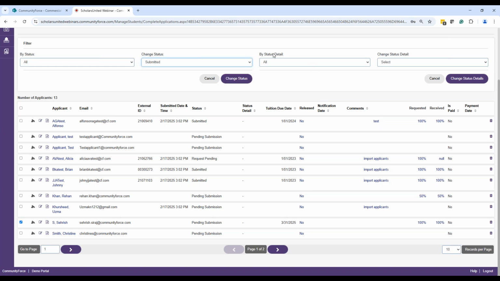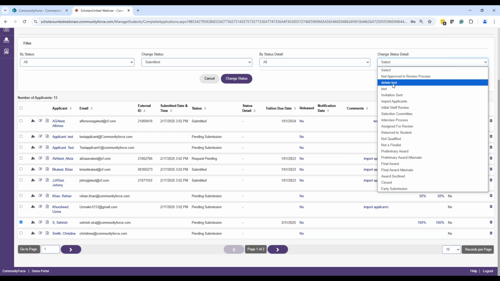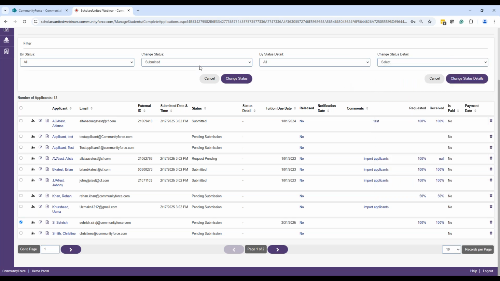And just so you know, it's the same process for status details. You just change it to the status detail, maybe submitted. Maybe I want to put her in a status as soon as I submit her. I can do that. I can do both of them. But right now I'm just going to do the change status. I'm going to put her to submitted. So as soon as I hit this button, what's going to happen